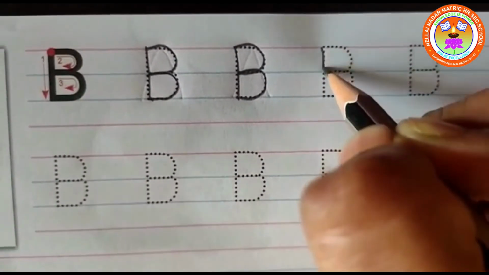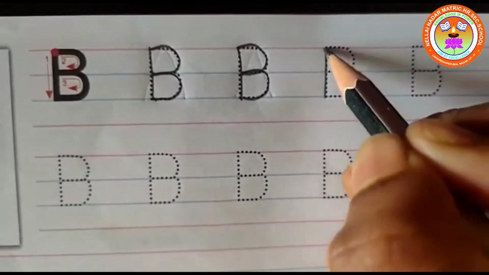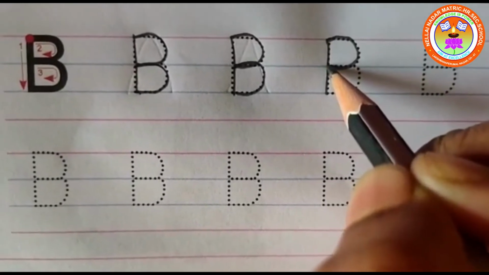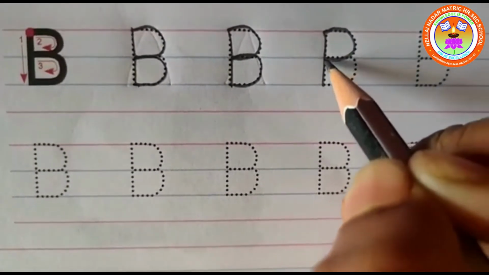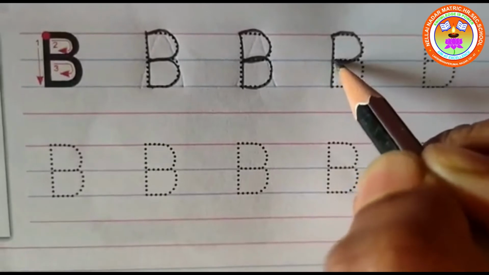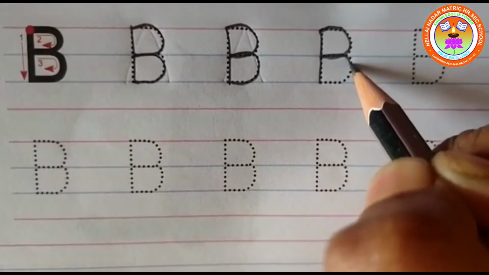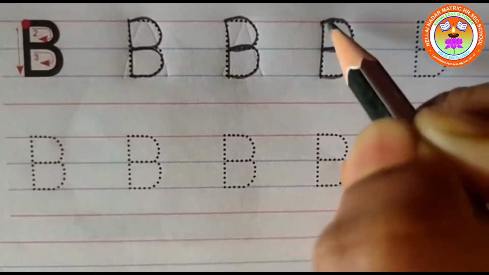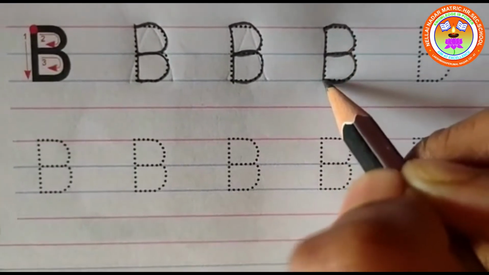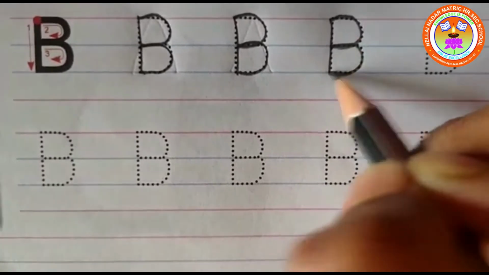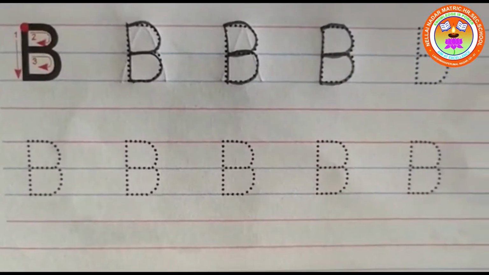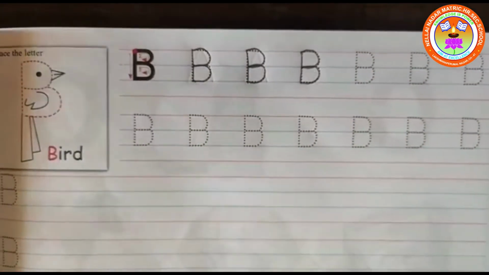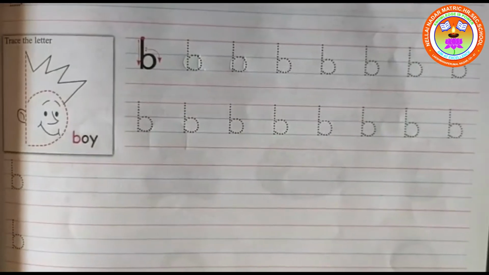See here, put one standing line like this, and then put one left curve like this. See, this curve should touch the first blue line, and then from here you have to come down like this. Again one left curve, and then you have to stop on the second blue line like this. Should touch the standing line. Capital B. Like this you also write in all the lines and complete it children.